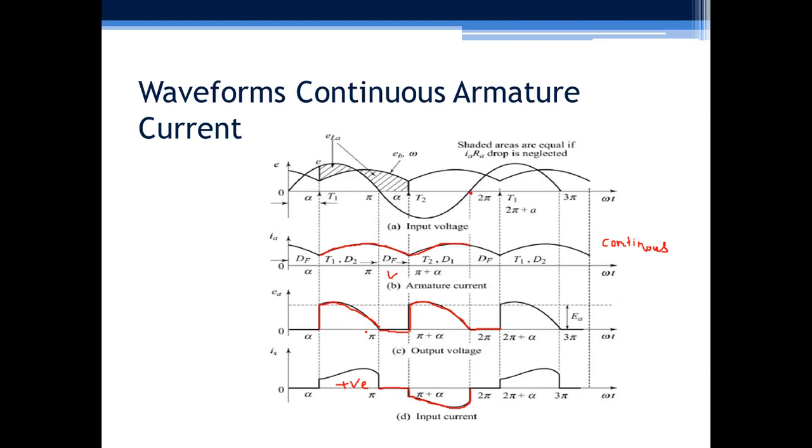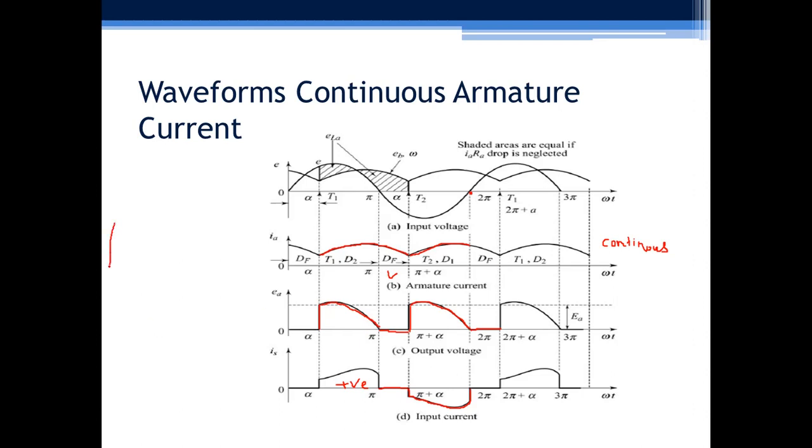And one more thing, if you find the instantaneous power, it will be a product of voltage and current, which is positive. That means power is only flowing from source to the load. There is no possibility of making power negative because the direction of current cannot be changed, and here the voltage cannot be made negative. So power is only flowing from source to the load.